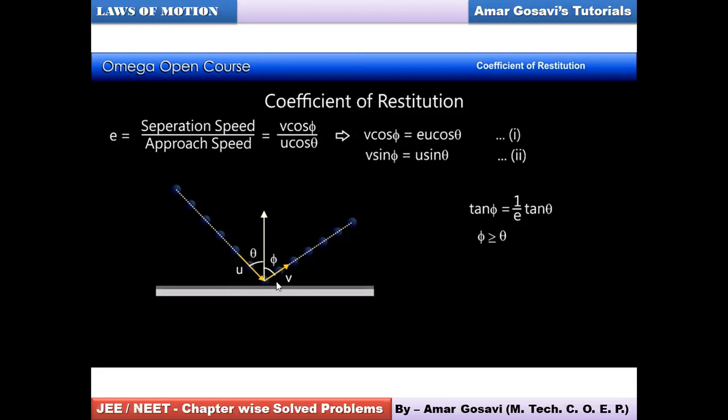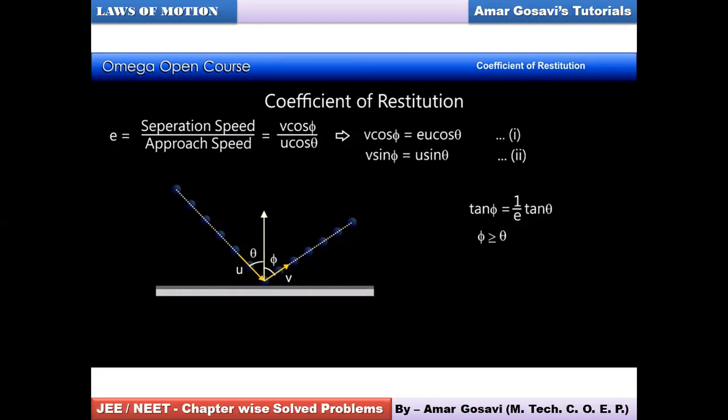Both are to be equal because you can see the ball is not moving in the horizontal direction. Here also the ball is not moving in the horizontal direction. That means these two velocity components have balanced each other. Therefore, I can equate v sin phi on the left hand side to be equal to u sin theta. This is how I get equation 2. Now when I divide 2 by 1, v will get cancelled and sin phi upon cos phi would be tan phi. On the right hand side, u will get cancelled, 1 upon e will remain as it is, and obviously sin theta upon cos theta would be tan theta.